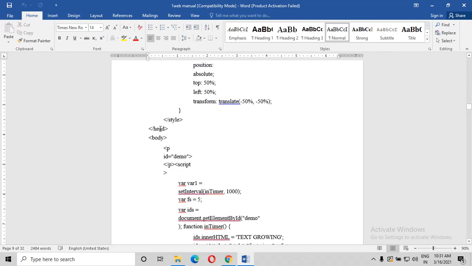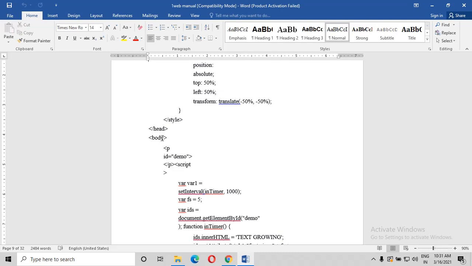So I'm ending the style and the head, and then we have taken the body, and inside the body, P with an ID. We know what ID is, right? We have already studied getElementById, document.getElementById. What will it do? It gets the element with the specified ID attribute value. This method we will use in the JavaScript. It is the most common method in the HTML DOM. Almost every time we're going to use it, right? When you want to manipulate or get some information from an element on your document, then we'll go with the ID, right? ID, we know that.